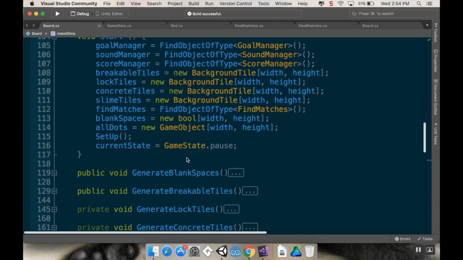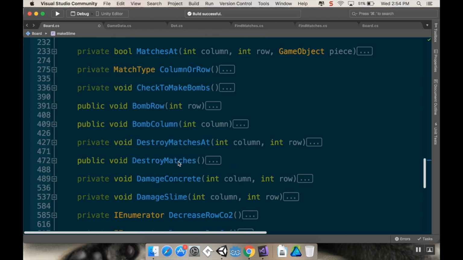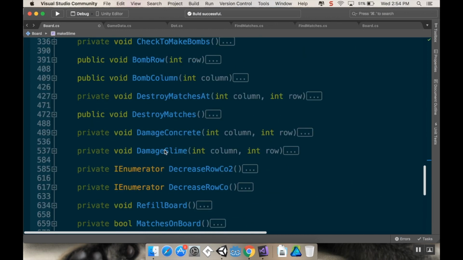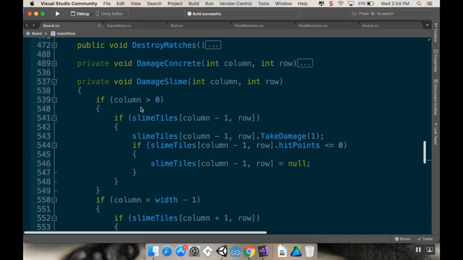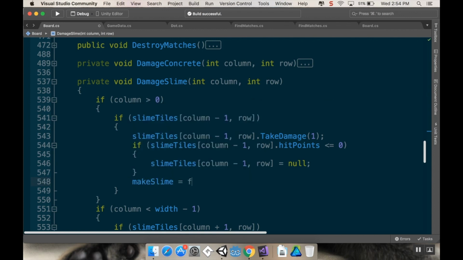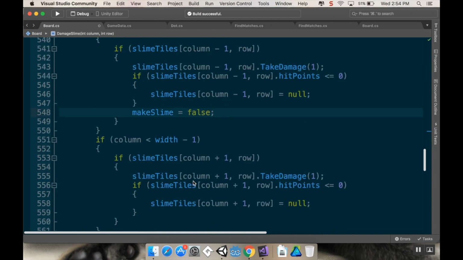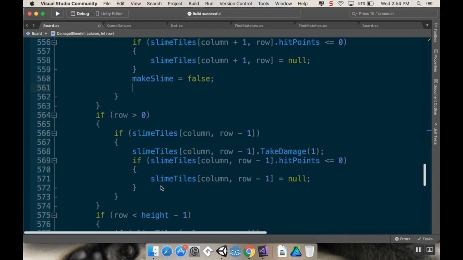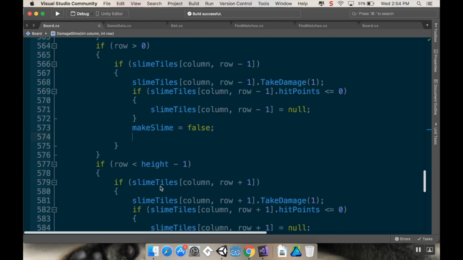Okay, and now if we destroy a slime, then we don't want to make a slime. So in this damage slime method here, anywhere where I would destroy or damage a slime, I'm going to change that make slime to false. So I'm just going to take this line right here, and I'm going to paste it there, and paste it there,